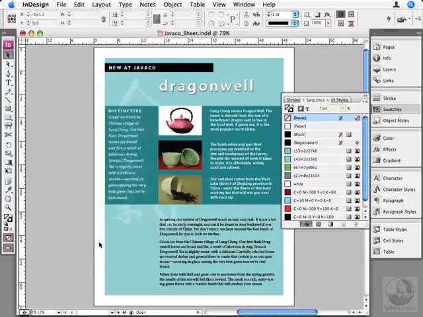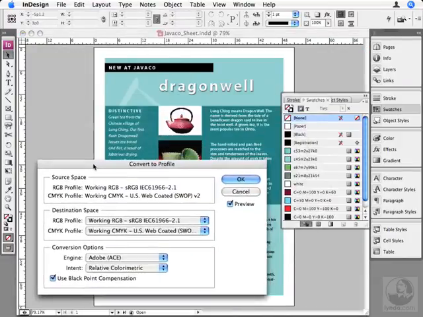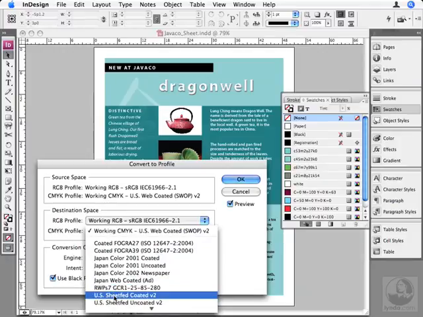Convert to Profile is really pretty much the opposite of Assign Profile, and so we need to be very careful with this one. It actually converts all the colors that it can in your document to match the specs in the new profile. That is, it tries to maintain the look of your colors, but not the definitions. Let me show you what I mean. I canceled out of the previous one, right? So my current CMYK profile is still SWOP. But I'm going to say, let's force this into US sheet-fed coated.